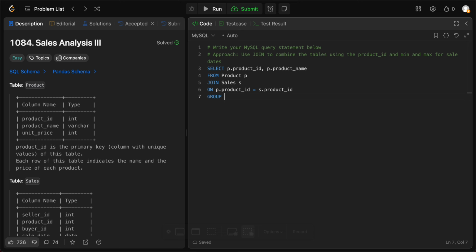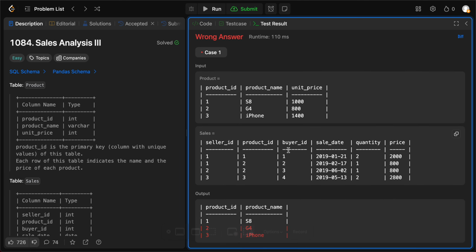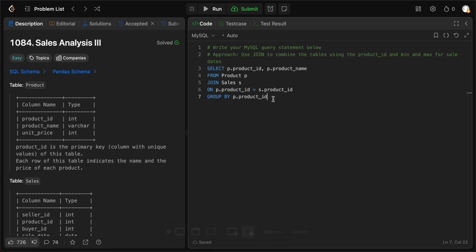So we'll do group by P.product ID, right? So in this case, we should just get 3 rows. Yeah, so it's basically grouping them. It was 1, 2, 2, 3, and now since we're saying group by, it just gives us 3 rows. The next thing we need to do is do the dates, right? So having